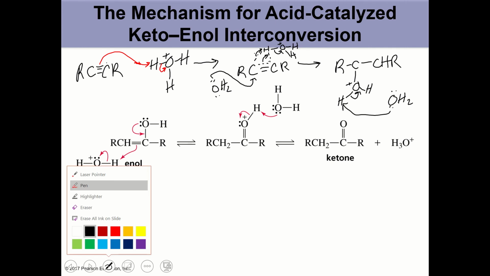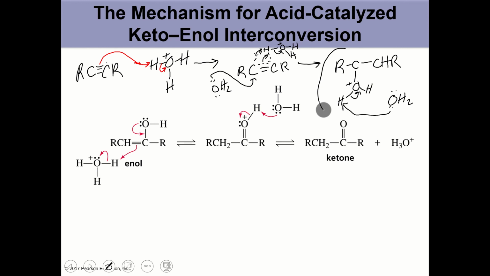And at that point, finally, when we get to here, the reaction arrow goes to the first step that they show. We've made the enol when we deprotonate the water that bonded to the carbon. Okay, so then